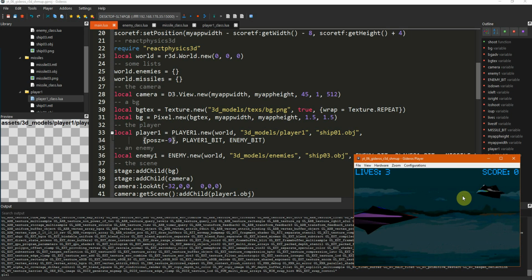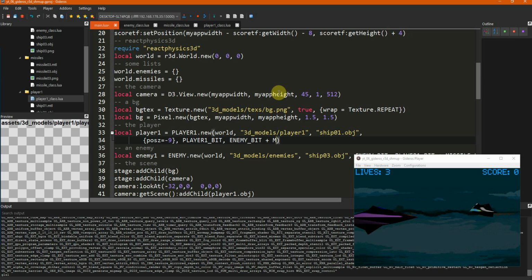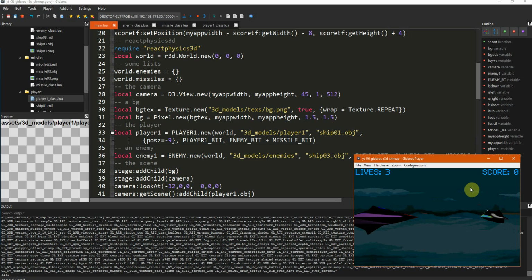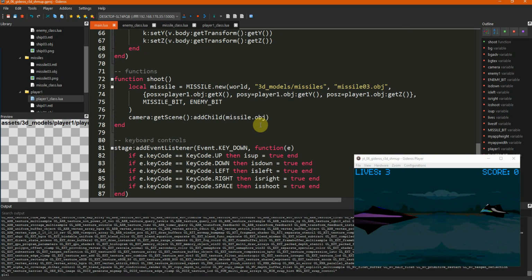So that's it. Now you can see that the missiles and the player one, they don't collide anymore. So let's test. If I add to player one enemy bit plus missile bit, you will see that when I shoot, oh no, I need to add both the player one and the missile.